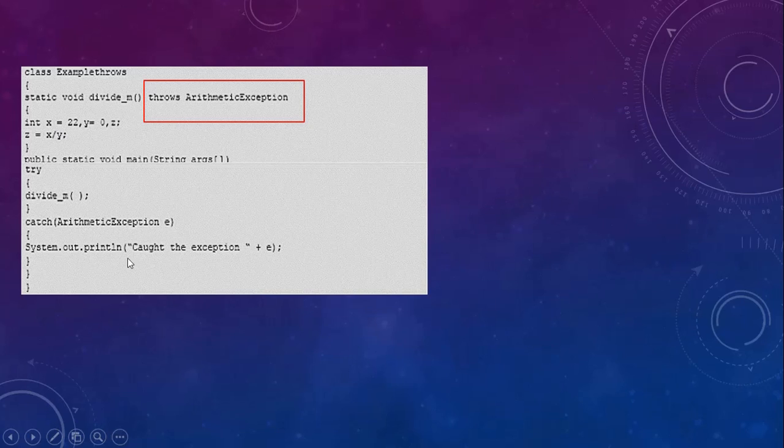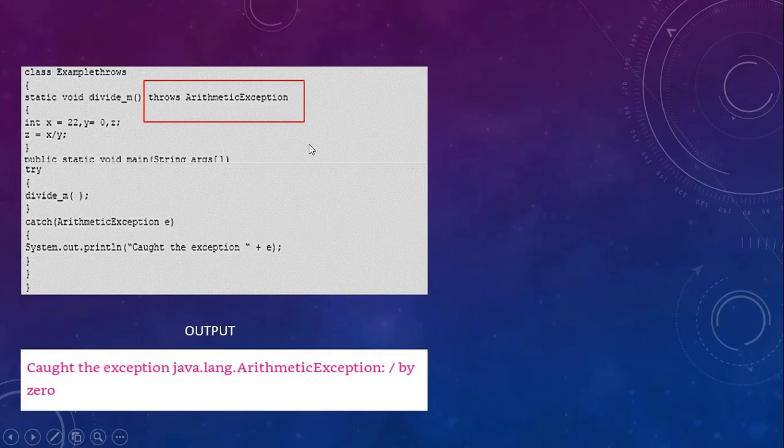So apart from writing a catch block that will handle such an exception, I intimated that yes, this method might raise an arithmetic exception. When you run this program, you get: caught an exception java.lang.ArithmeticException, and the exception name is divide by 0.